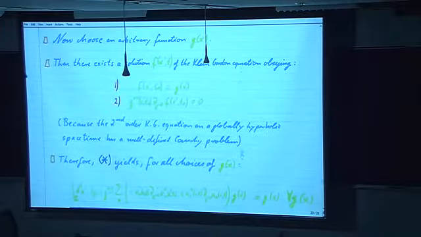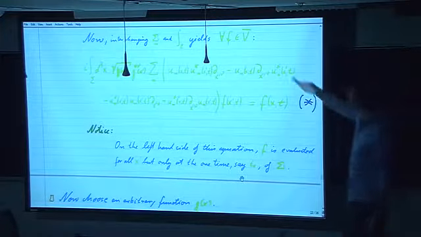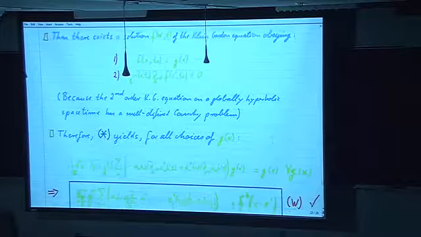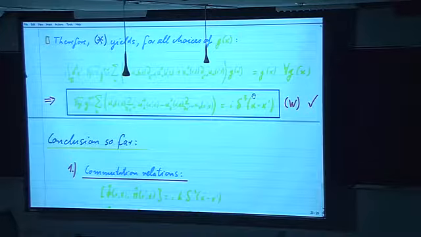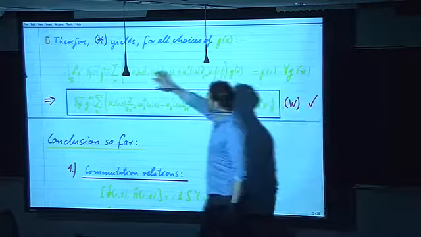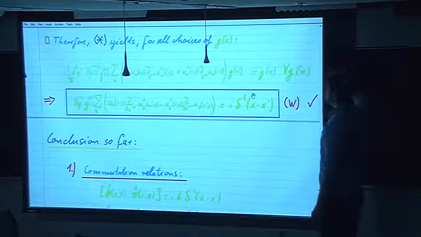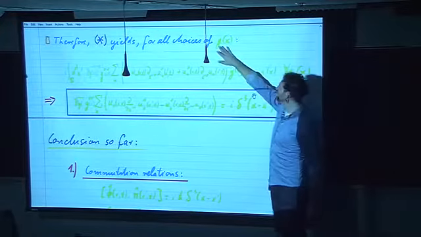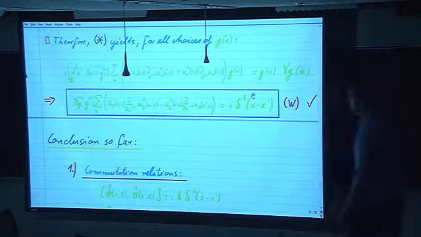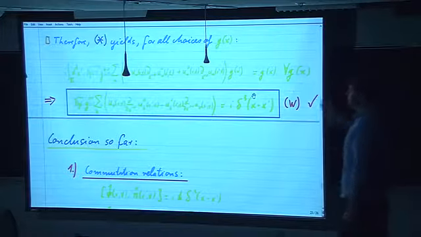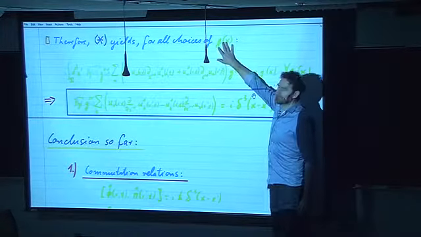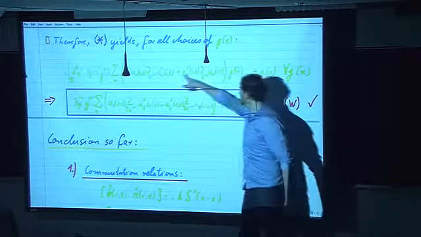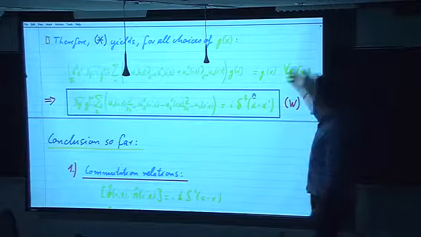So therefore, our equation star, which is guaranteed to hold on the basis of Darboux theorem, gives us now, in terms of that completely arbitrary function g of x, this equation here. I've just replaced the occurrences of that function f, which had to be a solution to the Klein-Gordon equation, by the occurrences of the g of x that fixes that solution. The reason I did that was that now the g of x is completely arbitrary. It's a completely arbitrary function of space. And since this equation here is supposed to be true for all functions g of x,